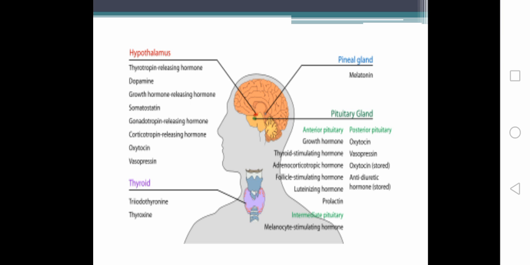Well, the endocrine system is made up of glands that produce and secrete hormones, chemical substances produced in the endocrine glands that regulate the activity of cells and of organs. These hormones regulate the body's growth, metabolism,